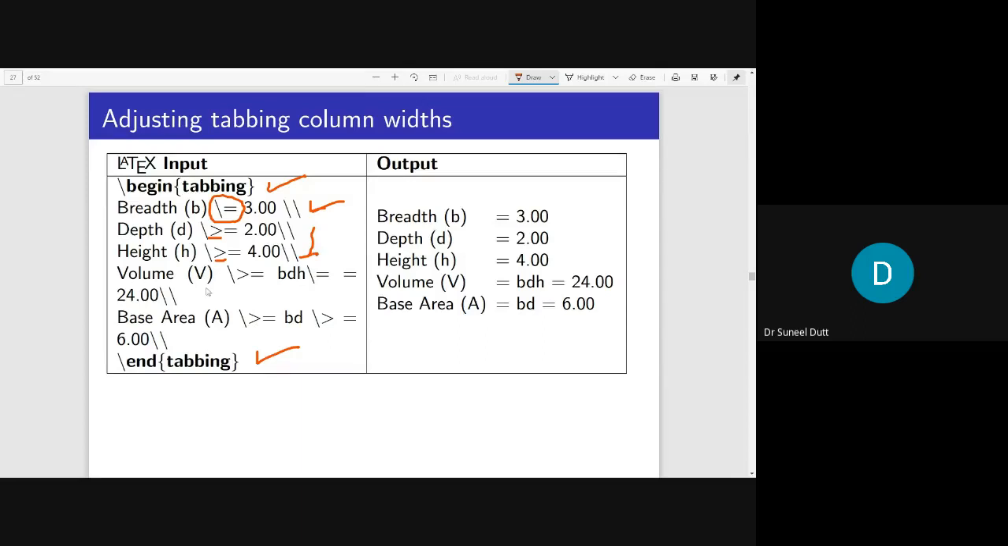But if you go to the next row, now you see 3 entries here. One is the volume, then there is a sort of formula, and then there is the answer to it. Now the output will need three columns, right? One for volume, another for the formula, and another for the value here. So then